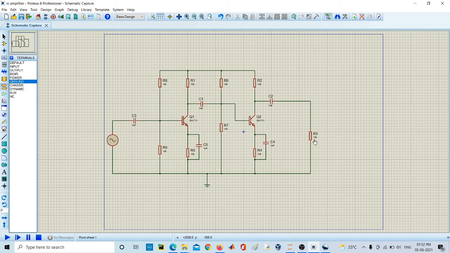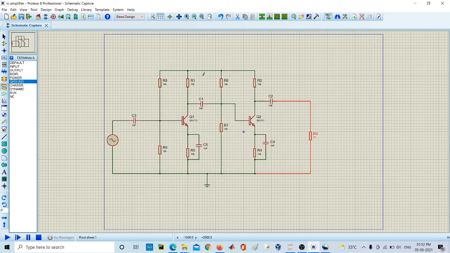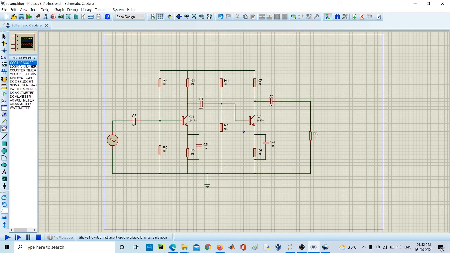Let's change the value of this resistor to 1 kilo ohm. Okay, for taking the output we are going to use the oscilloscope. Then select the oscilloscope. The output is connected to the A channel, that is, the output will be shown by the yellow line,